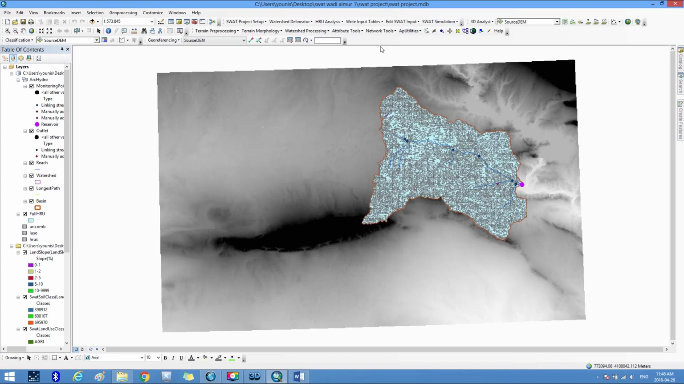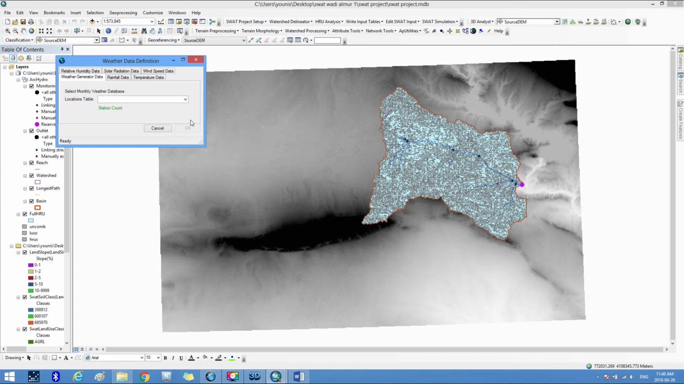Now to enter the weather data for the study area, we go to the fourth menu from the ArcSWAT menu bar entitled Write Input Tables, and in it we choose Weather Stations. Then we go to the weather generator data and then to the drop menu titled Locations Table, and it has several options. And since the study area is located between Iraq and Syria, we can choose the weather database for Iraq and Syria with the UTM coordinates titled